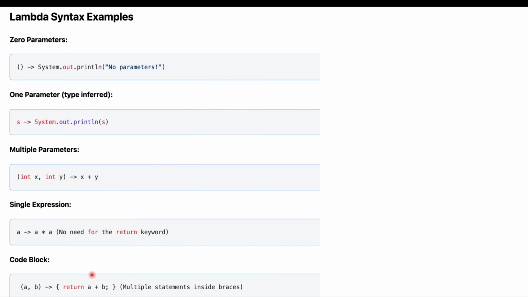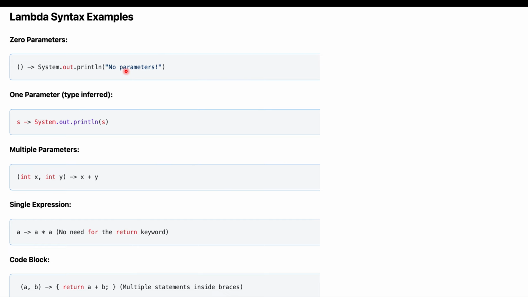So this curly braces is required when we have multiple statements inside the braces. And since it is having multiple statements inside this curly braces, then we need to write the return statement also, similar to any function. So these are some different types of the lambda expression, like 0 parameter, 1 parameter, multiple parameters. And there are some optional things, like this braces can be optional in some kinds of scenario, this curly braces can be optional in some kinds of scenario, this return type is optional in some kinds of scenario.